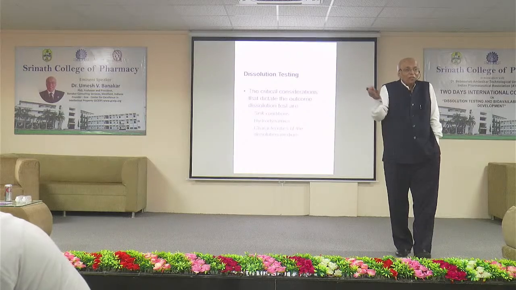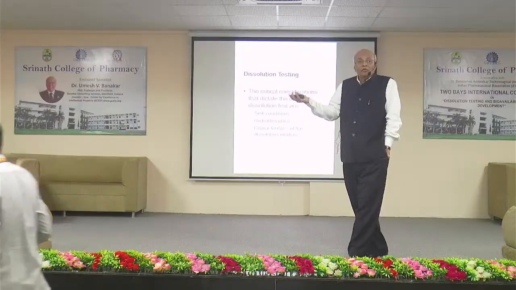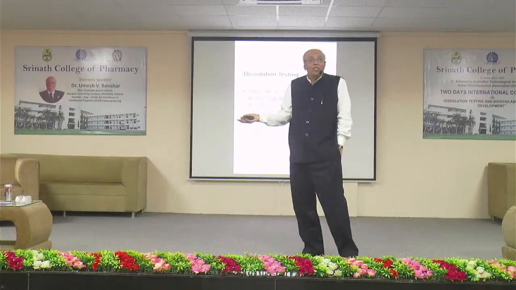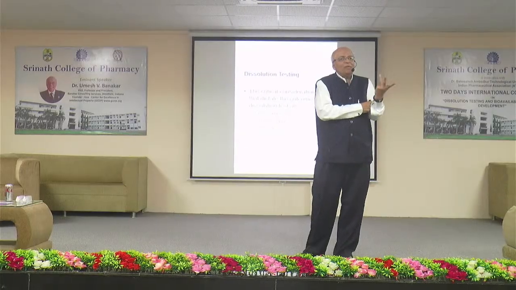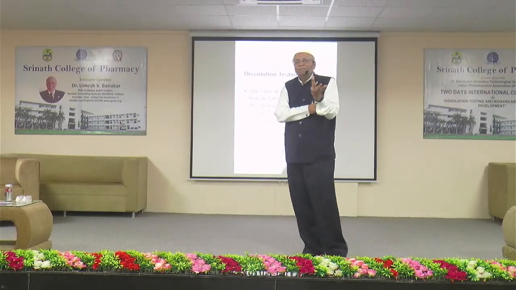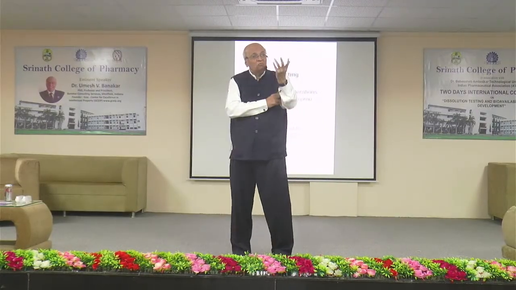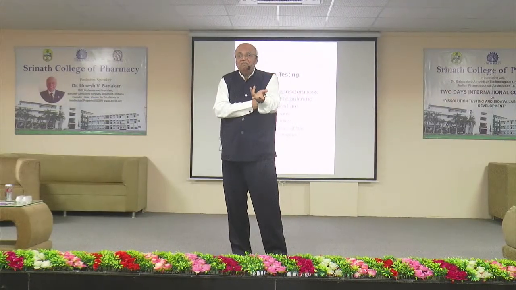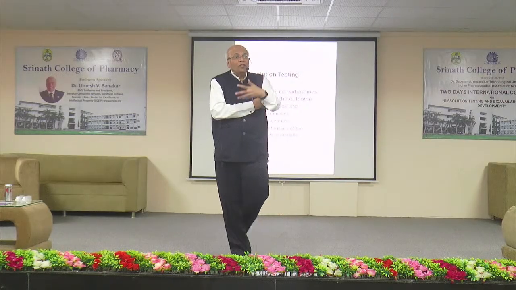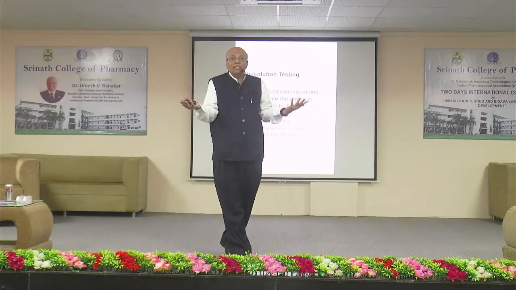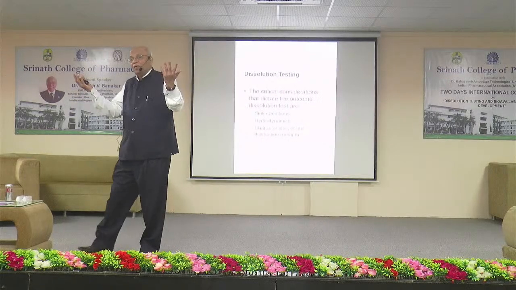A थ्रू B हमको पता नहीं कैसे करना है, पता नहीं कैसा होता है, लेकिन आई नो A थ्रू B इज रिक्वायर्ड टू गेट थ्रू B थ्रू C, क्योंकि ड्रग ब्लड में आ चुका है। तो A through B has happened and B through C has happened. I know A through B is influenced by the formulation, वो पता है, लेकिन I cannot determine. और जो A through B हो गया है, जो I don't know how much, उसमें से कितना ब्लड में आएगा वो भी I don't know, पर ब्लड में आ चुका है।